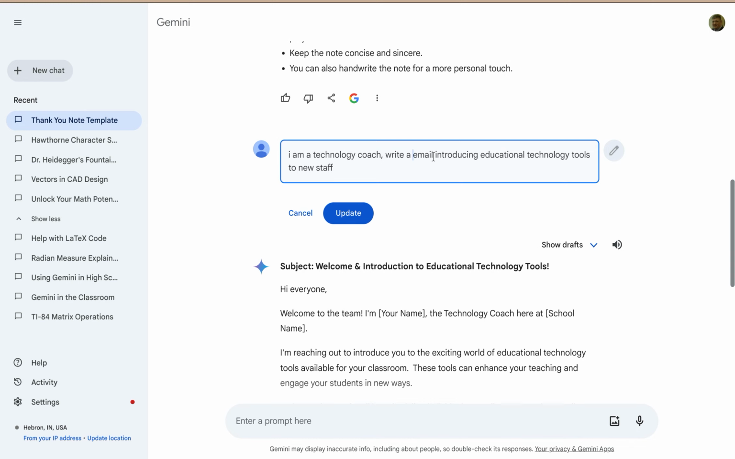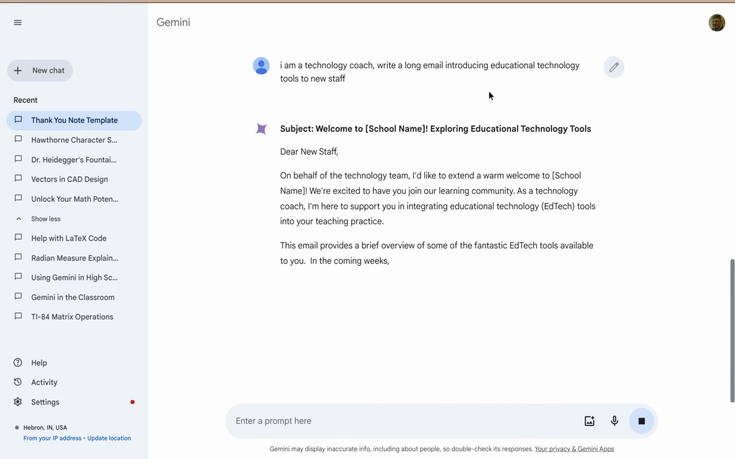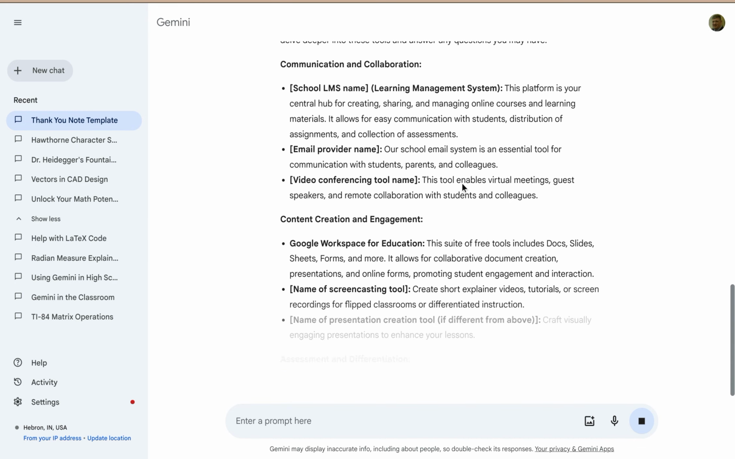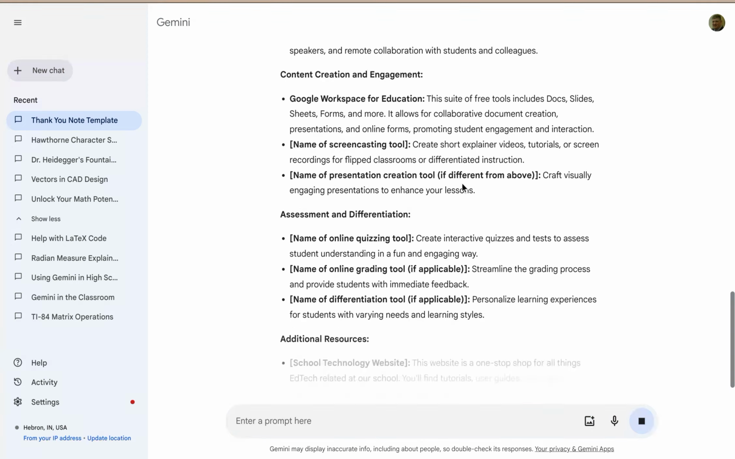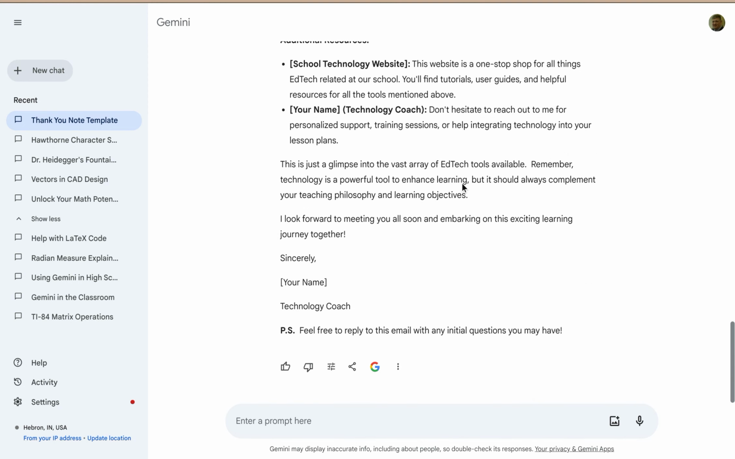It wasn't good enough, it wasn't long enough, so I'm going to change that to write a long email and then update, and I'm going to get a new result. Hopefully it will be longer, more detailed. Oh yeah, getting pretty long here. All right, so this is exactly the type of email we would all dread, several pages long, but understand the